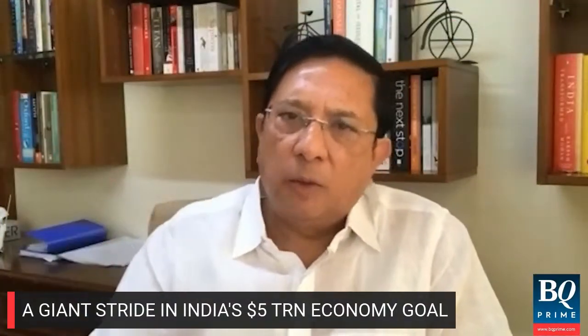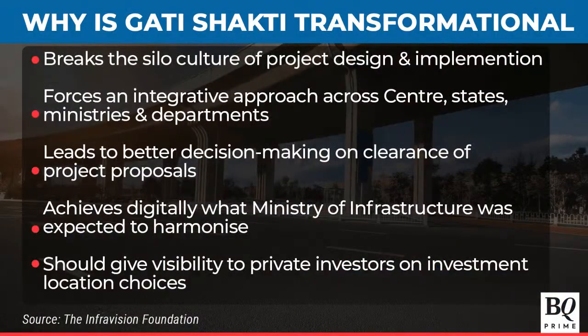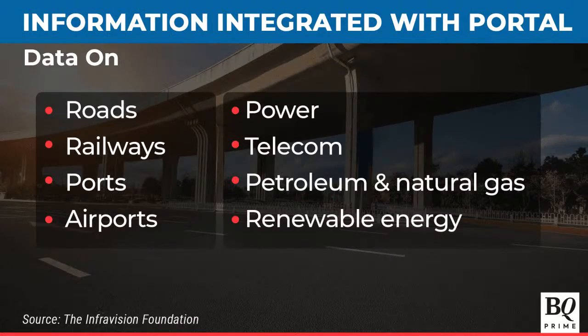So I have had a chat with some of the people involved in this, in the cell in the Commerce Ministry, which administers Gati Shakti. It's called the National Planning Group. And these are officers who are specially trained, drawn from different ministries. So there is a cross-cultural identity within the cell, that they come from different relevant ministries. And they have been trained on the software to make it useful. They have told me that right now, the data concerning roads, railways, ports, airports, power, telecom, petroleum and natural gas, and renewable energy have been fully mapped on the platform.